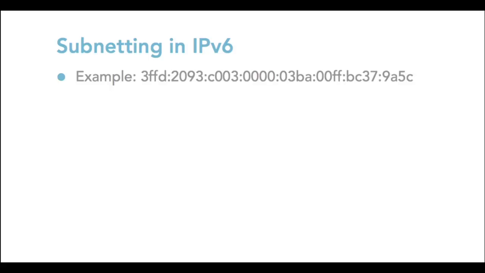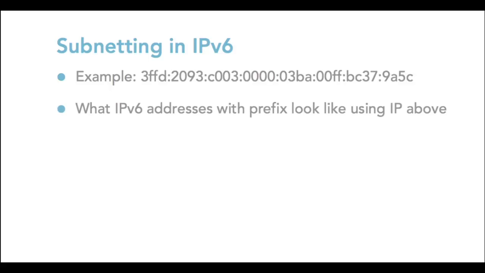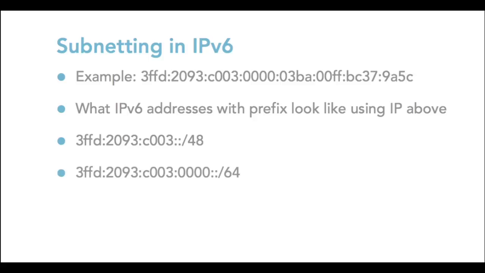Let's go ahead and look at the example that we had earlier. This long IPv6 address we looked at previously. If we took that IP address and set it up with a prefix of 48, for example, this is what it would look like. The number 48 comes from the fact that the first three 16-bit boundaries are used for the network ID. If we went with the RFC recommendation, the address would then look like this: